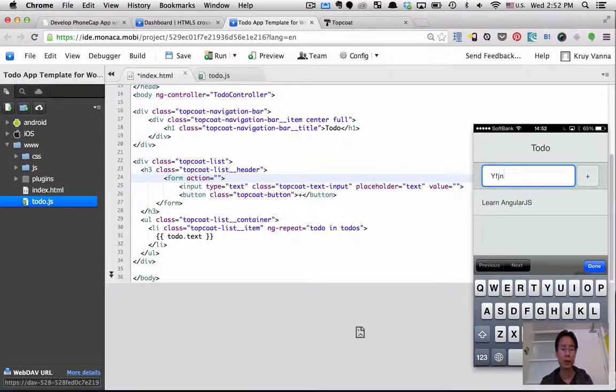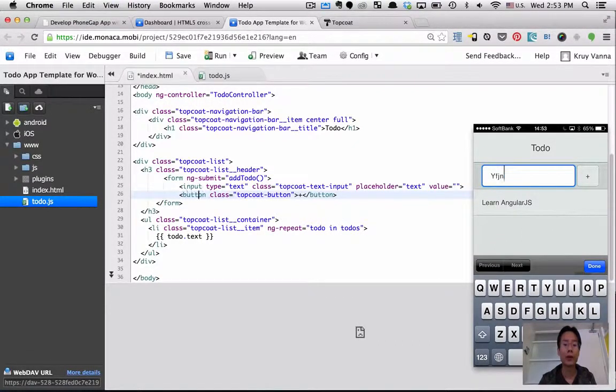And AngularJS has this ng-submit, just like the regular HTML onsubmit equal. So ng-submit equal addTodo,